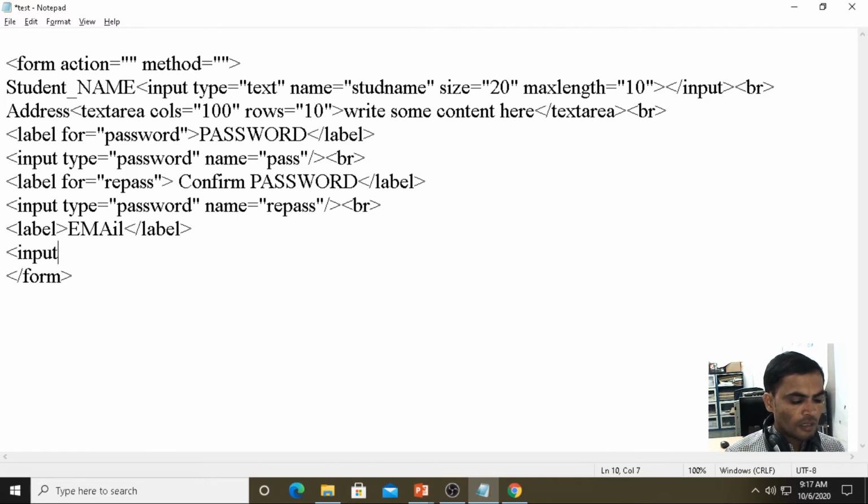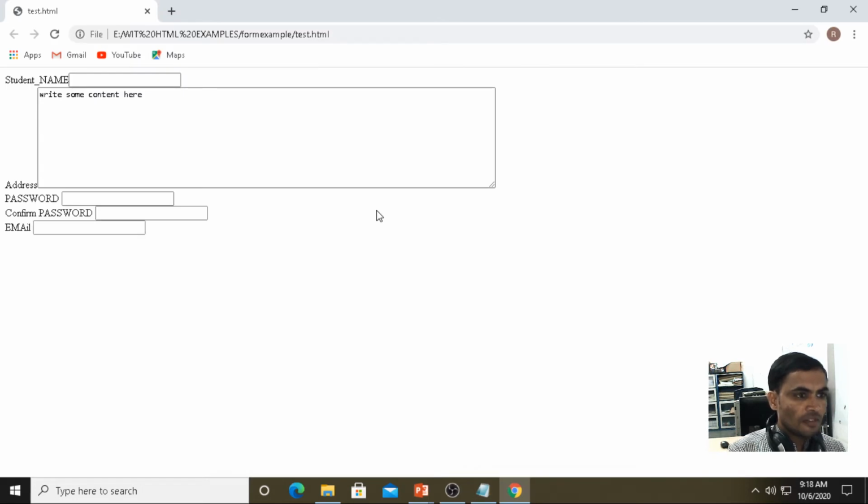Then input type equals to email, name equals to email. Then Control S, F5. Under the email, see here, it is taking the format, for example, ravikumar@gmail.com. You can give it in this way.